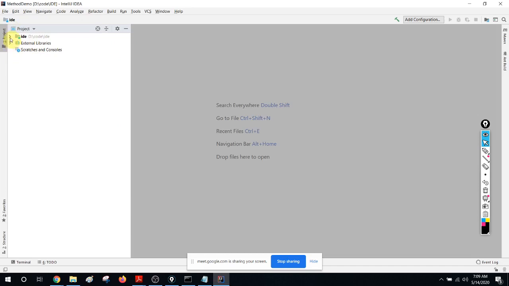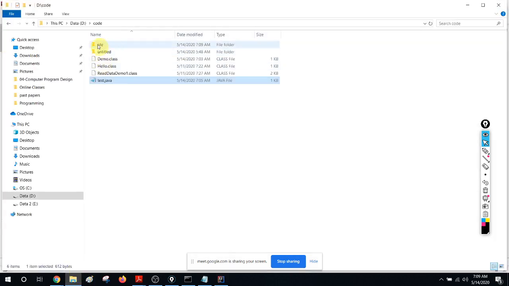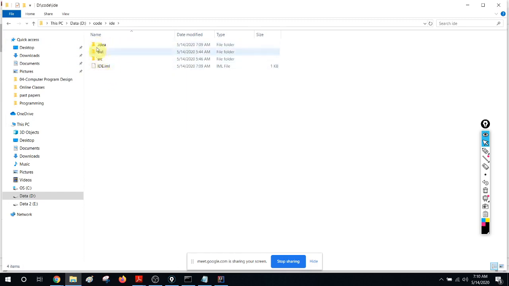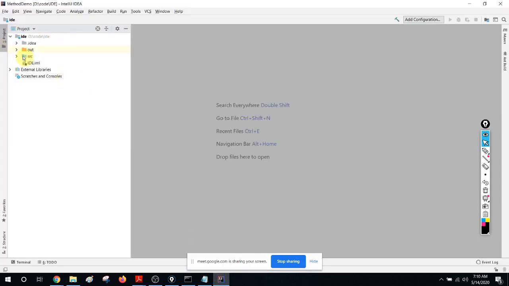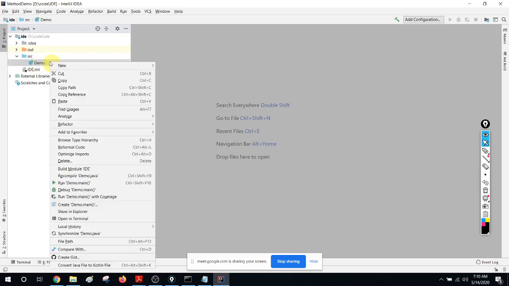So what you have to do is expand this and get into the src folder. I will show the folder structure also. Under the project I just created, IntelliJ has created some folders and some configuration files. All your code will go into the src folder. I already have a demo because earlier I had an idea, so that is why I have that code. I will just remove it, because I want to start fresh. I will delete that.